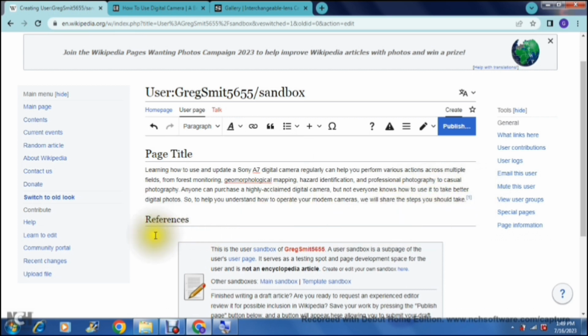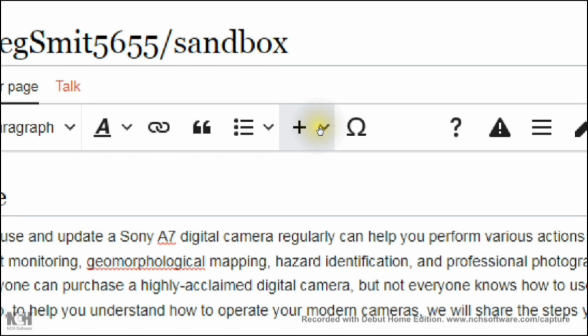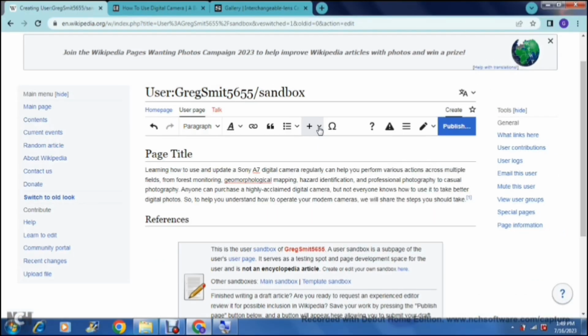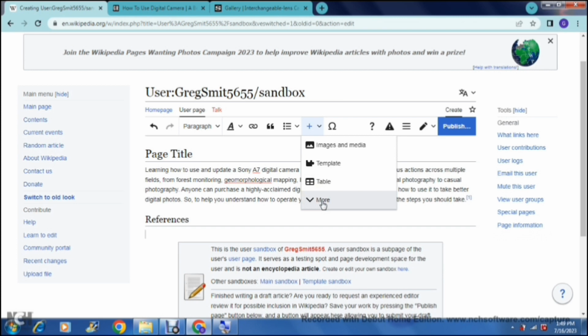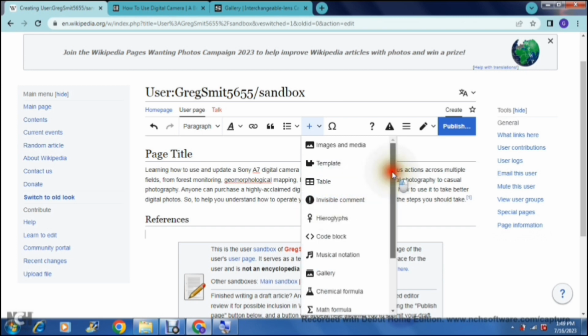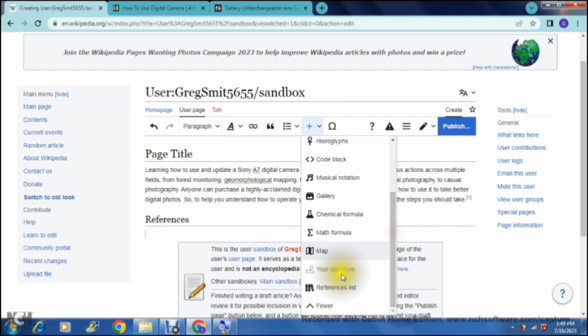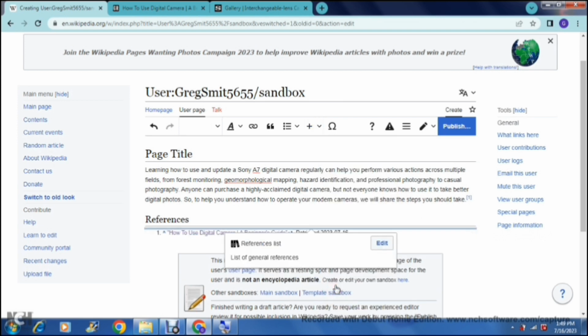Now underneath references, right over here, we're going to just make sure that our cursor is there, and we're going to go up to the insert tab, and it may look different on your desktop, so it might actually have an insert button there. This is what my insert button looks like, and what you can do here is you go down and you tap on more. So now you scroll down and you can tap on references list,